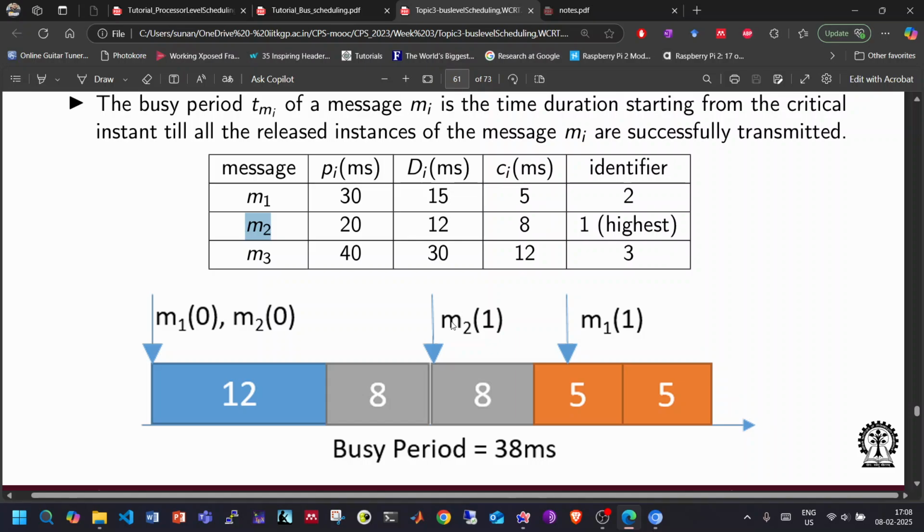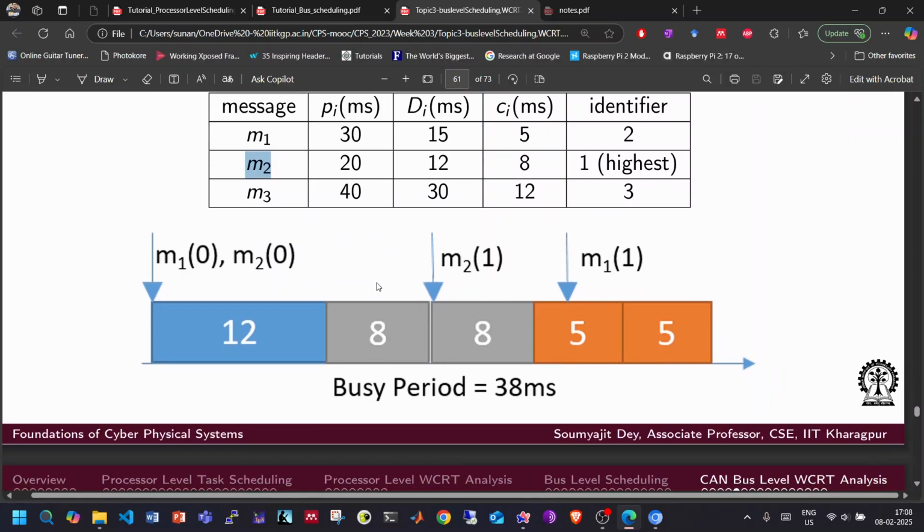Okay? If that has already arrived, then that will have to be transmitted, and then the M1 0th instance and M1 first instance will be transmitted. So the overall busy period will be, since there are 2 instances of M2 now, sorry, for M1 we are computing for M1. For M1, the busy period will be by the time both instances of M1 are transmitted. Is this understood? Which part did you not understand? If there is a confusion,